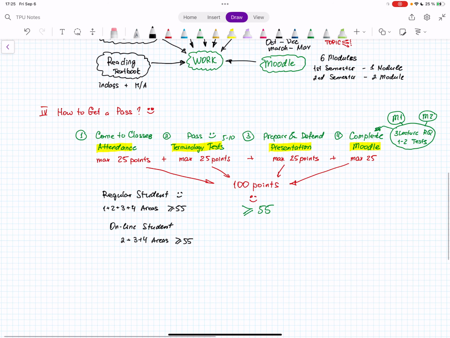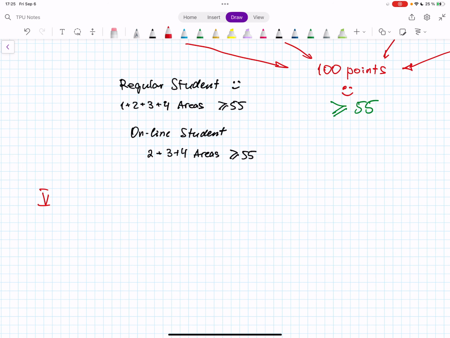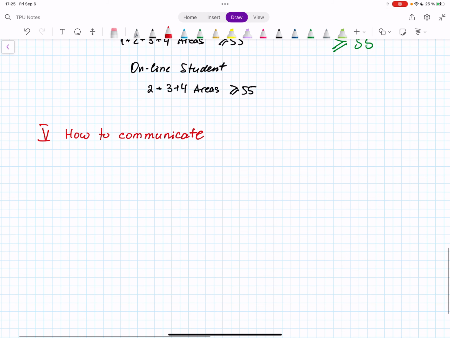Okay, so the last question we have, question number 5, is our means of communication. How to communicate. I have a one-word answer to this. We're going to communicate through Telegram.